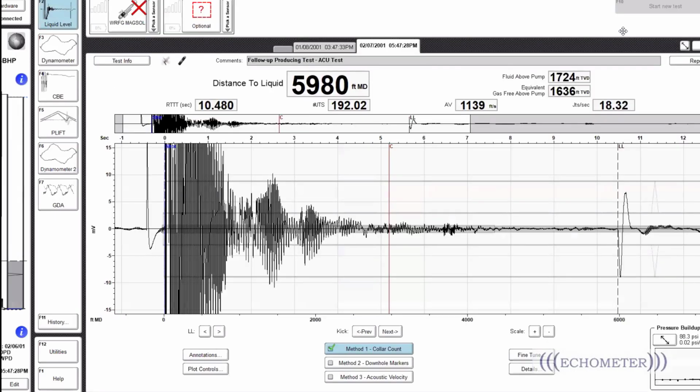And the first thing I want to highlight here is that this is a rod pump well. It's not a gas lift or a gas well, so we're expecting to see a build up in the fluid level when we shut in the well, as we don't have such a high gas production or high gas pressure on the well. And this is a rod pump well with a Lufkin unit 640 and 168 stroke length with